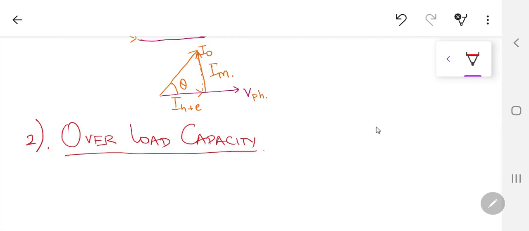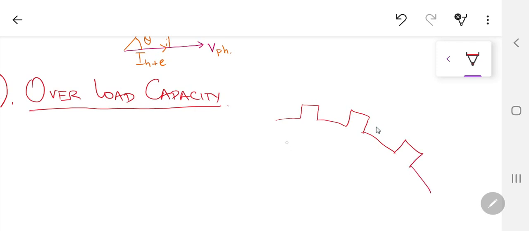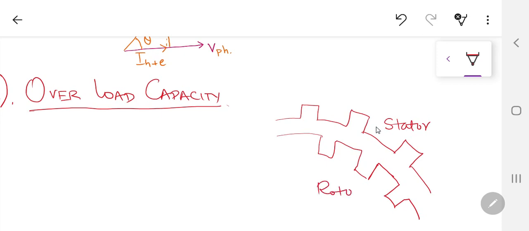Now in this case, when I'm talking about the air gap length, what does the air gap length do? Now if you remember the stator side, if I draw that stator over here in the form of stator slots, and on the other side I make the rotor also available, and this rotor is also made up of again some rotor slots. This is my stator side, and this is my rotor side over here.